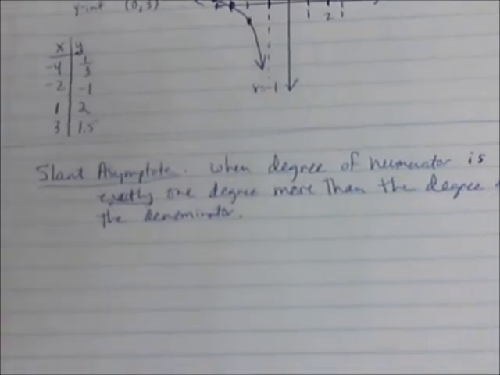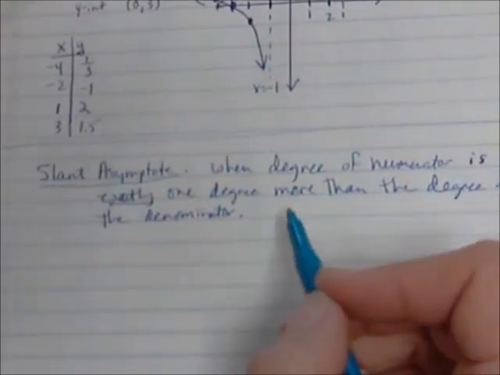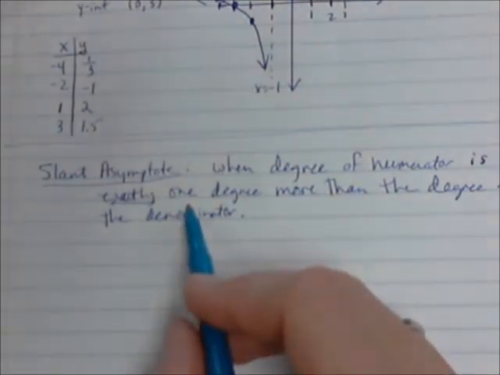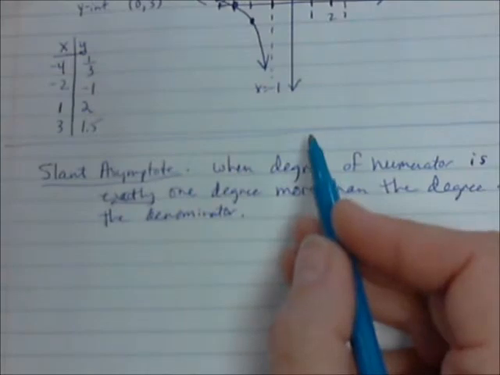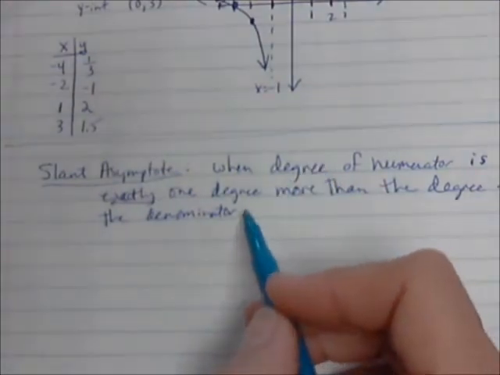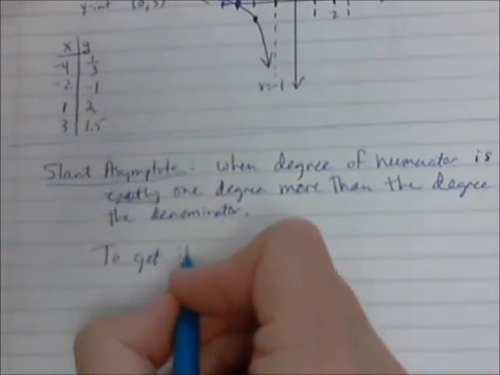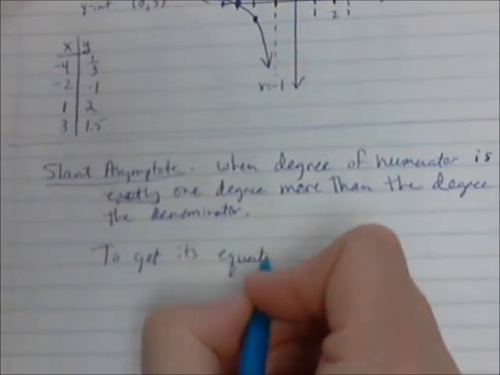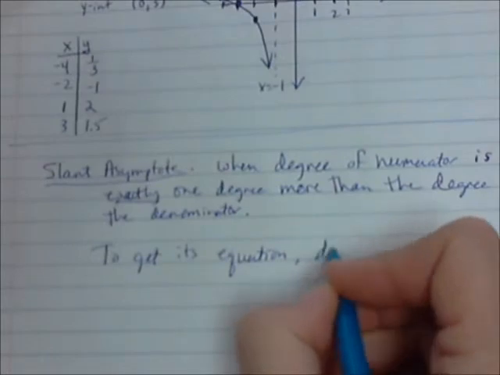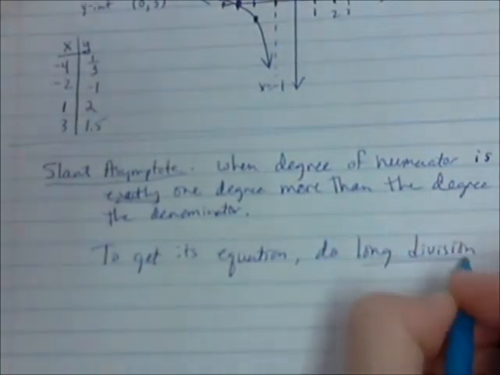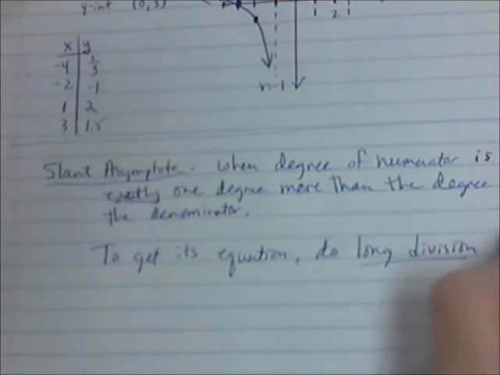And in order to get the equation of the slant asymptote, when you identify that the degree of the numerator is exactly 1 more than the degree of the denominator, like an x cubed over an x squared, then to get its equation, you do long division of the numerator over the denominator,